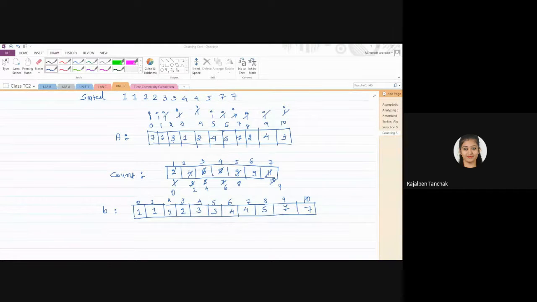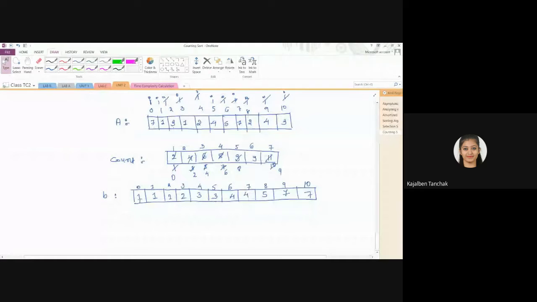Just a second. Okay, so see, in the radix sort algorithm, how will it work? It is a non-comparison based algorithm, meaning here we are not going to compare the elements.